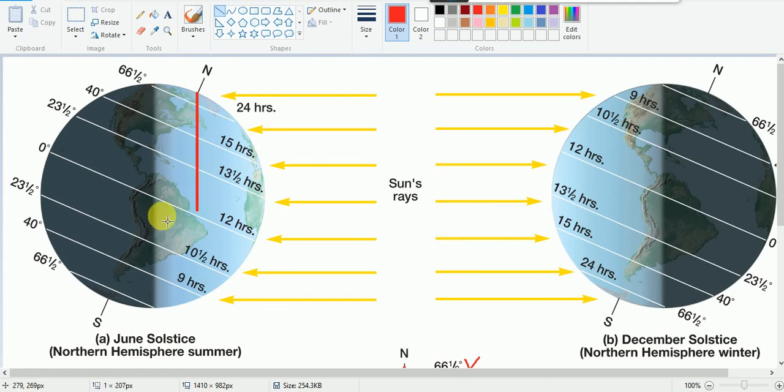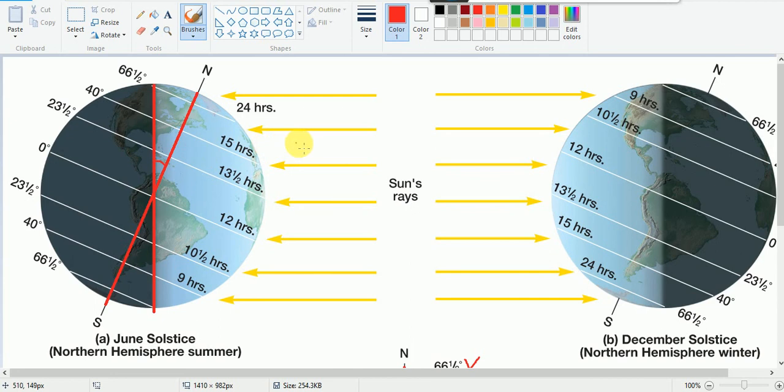So this is the axis of the earth, and it is inclined from the vertical plane by how many degrees? By 23.5 degrees. Our earth's axis is inclined by 23 degrees 30 minutes, and that is why